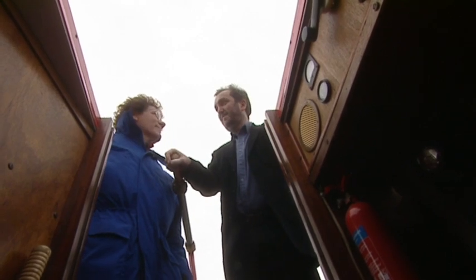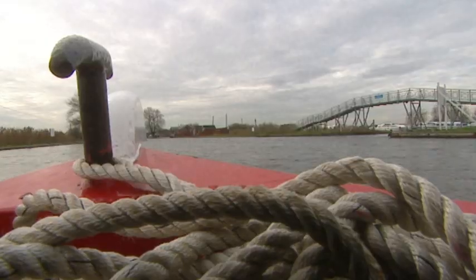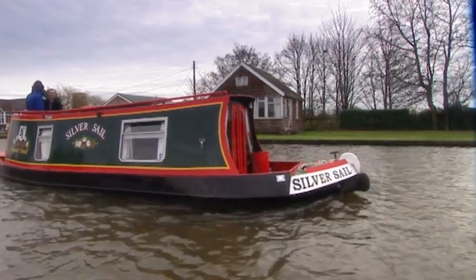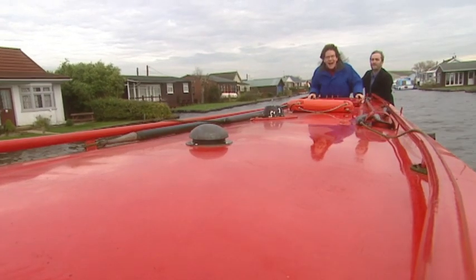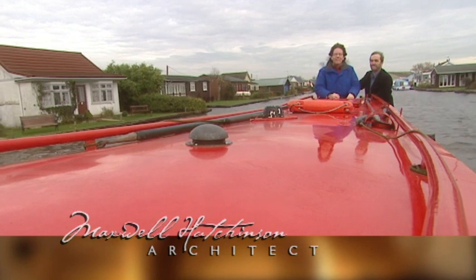Nothing will stop me in my quest to find the hidden architectural treasures of the region. So when I heard of a most unusual house in the Norfolk Broads, with no access by road, I decided to take a boat instead. You can actually get there by foot, but this is a lot more fun,